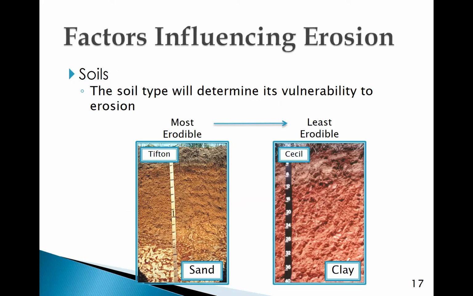So Tifton is going to be more of a sandy material, so there's not really much to hold it together. Whereas the Cecil soil or the clay looks like little sheets of paper if you really blow it up. So they can kind of interconnect with each other a lot better. And so it has a little bit more resistance to erosion, but we can still get erosion on the clay, but we just get a lot more on the Tifton soil, which is kind of not a good thing,